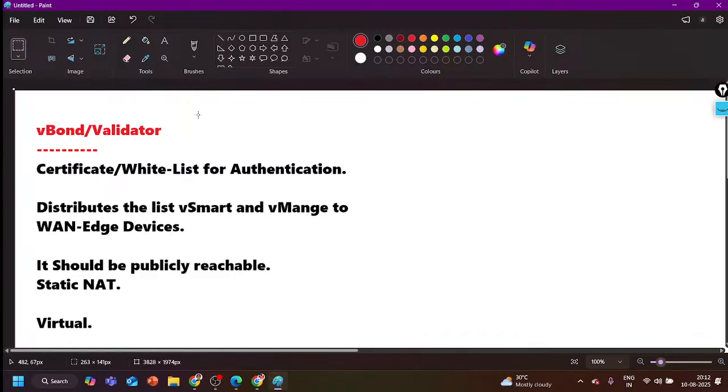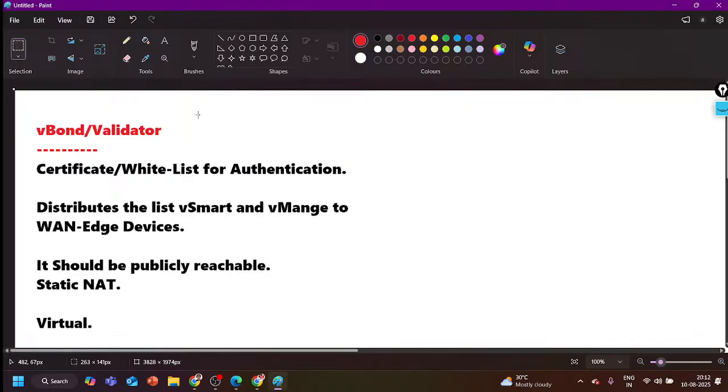Like centralized provisioning, meaning configuration, pushing policies, templates, troubleshooting, network monitoring. Lakhs of managed devices are there in my network, thousands of vSites, thousands of cSites. So how will I monitor my network? Through vManage. How will I configure all those routers? Through vManage. So vManage is centralized management,